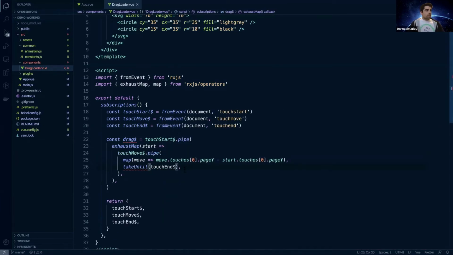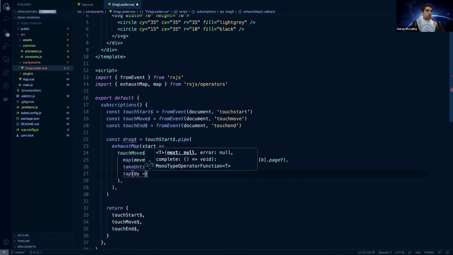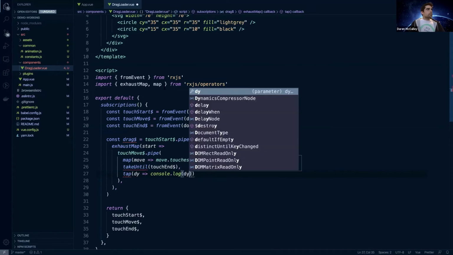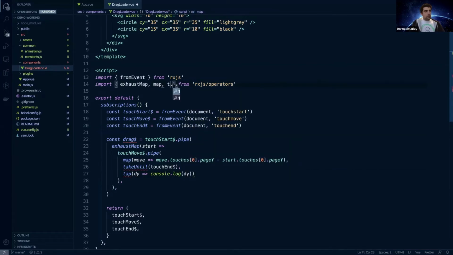And the last thing I want to do is do another tap log. So delta Y, we'll just console log UI. And we bring in some operators up here. Tap. Okay, and instead of returning these 3 events, I'm going to return drags. And you might think, well,